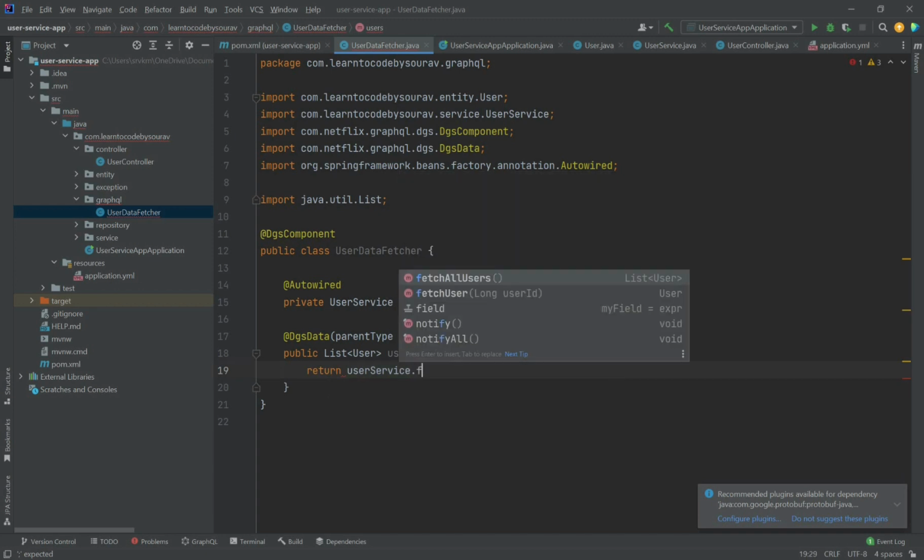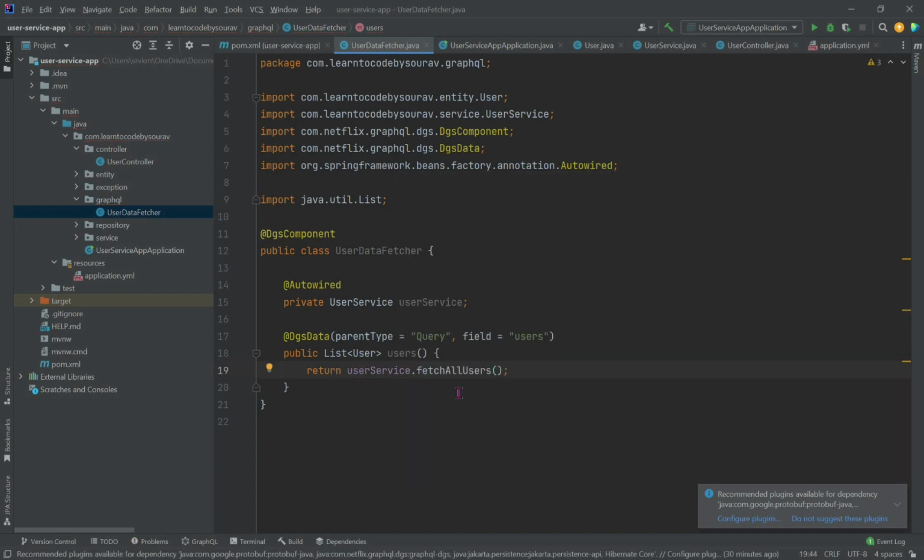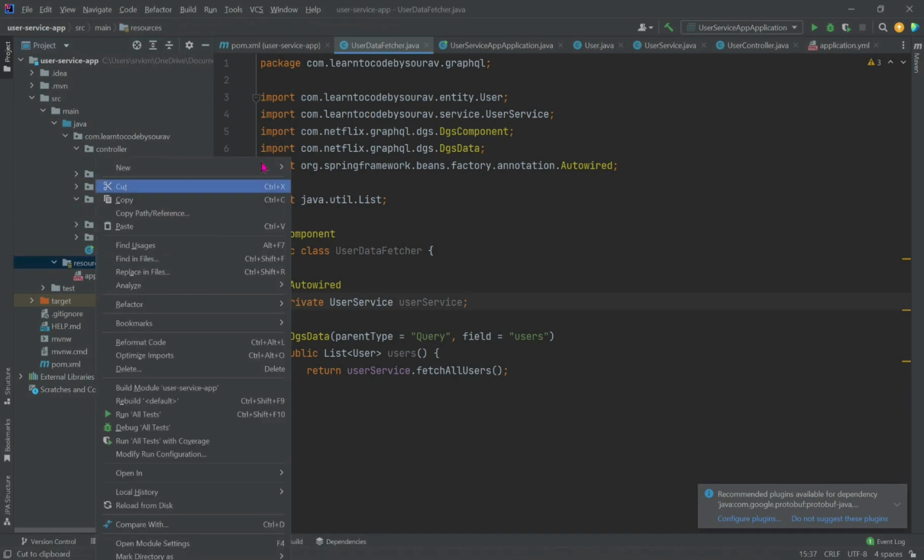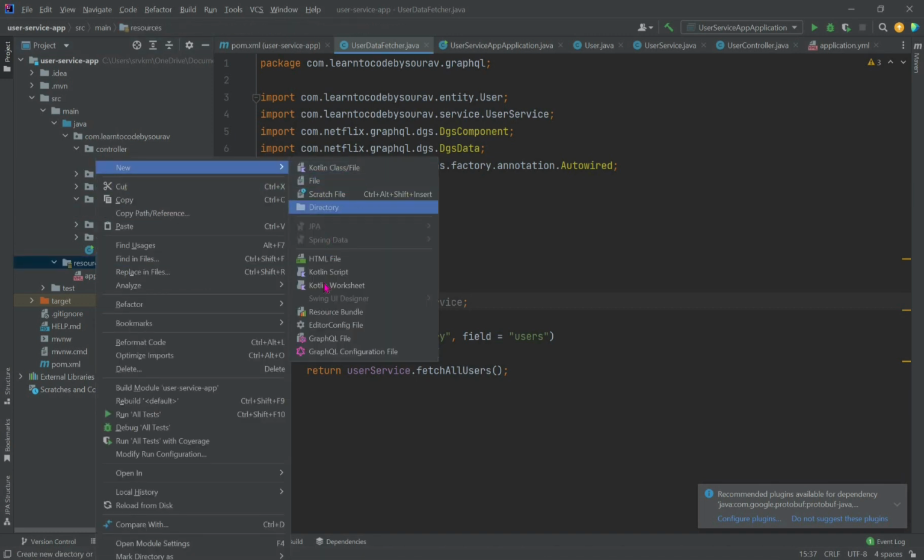User service dot fetch all users, and this is it. Our data fetcher API is ready with the endpoint to fetch all the users from the database. Now we have to do one more thing. In the resource folder, we have to create one package. We have our folder